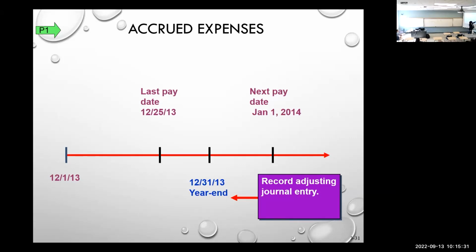The next payday is January 1st. The year end is December 31st. What we want to do is capture these 5 days into this year, and then the rest of the pay into the next year. So how we're going to accomplish that